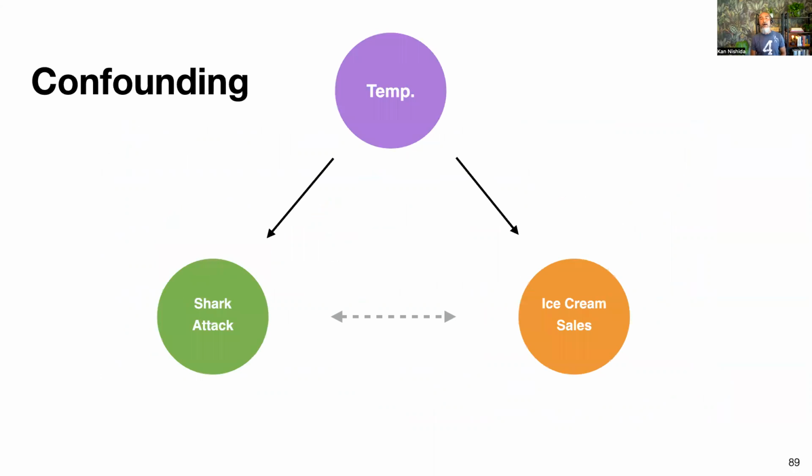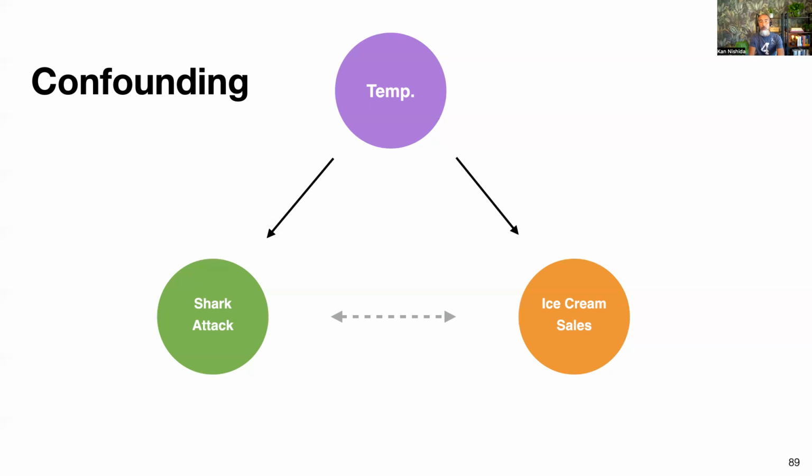Right. But it turned out there's something called confounding. It turned out the temperature is what's causing the increase of shark attacks and the increase of ice cream sales. Ice cream sales going up is intuitively easy to understand. But the shark attacks too, because more people go into the water or ocean, so there's more chance to encounter sharks. Therefore, shark attacks go up. So that says we've got to be careful when we see a correlation. It is a correlation, sorry, but it looks like a causation, when it actually happened to be the result of other